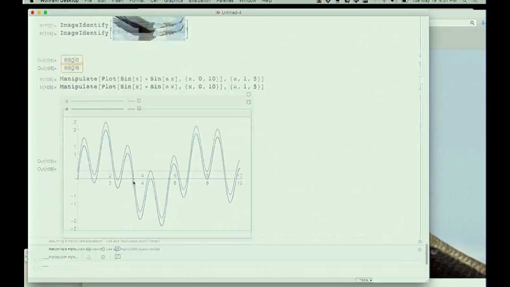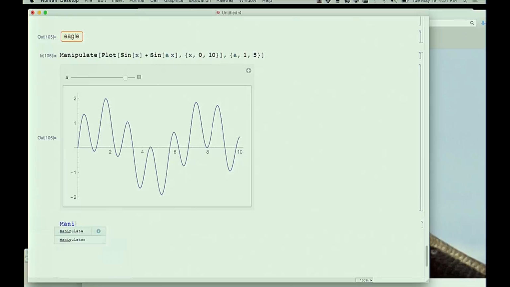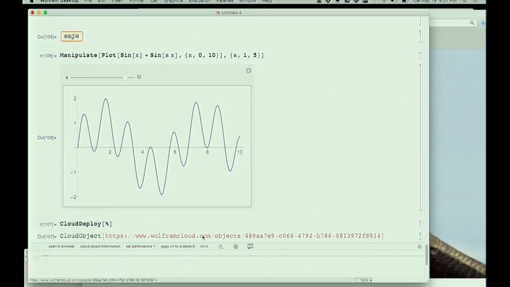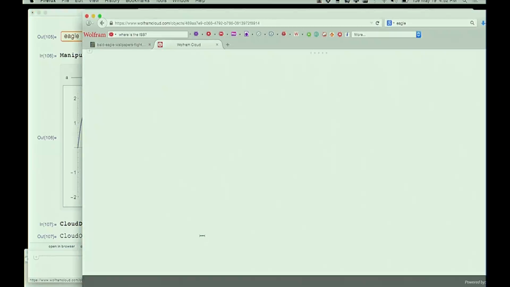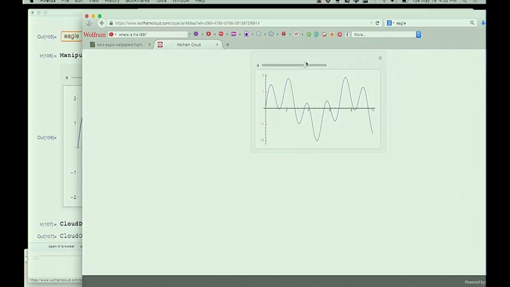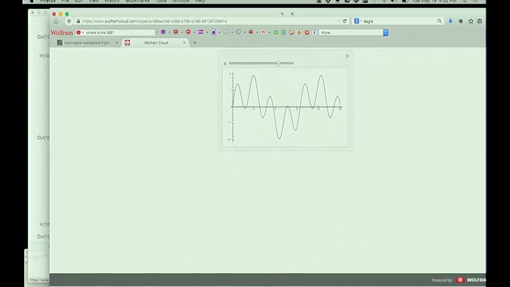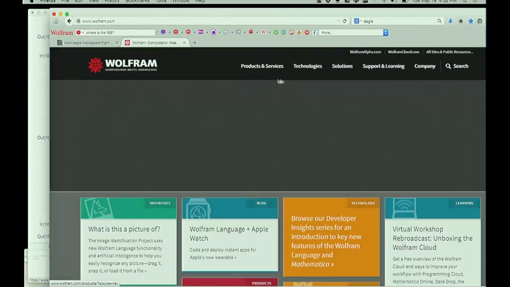One of the things we want to do is to automate it to the point where we can deploy that to the cloud. So let's say we just say cloud deploy of that. What we get is a cloud object here. And if I go to that URL, I should get, if it wakes up, come on, wake up. There we go, okay. I should get something which is now just something that lives on the web and is now going back to our cloud to actually get the computations done. So the idea is to be able to take anything we do here and deploy it to the cloud. I should say that the whole language actually will run in the cloud.